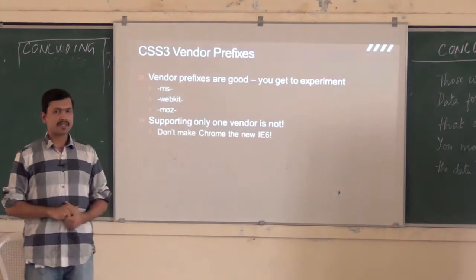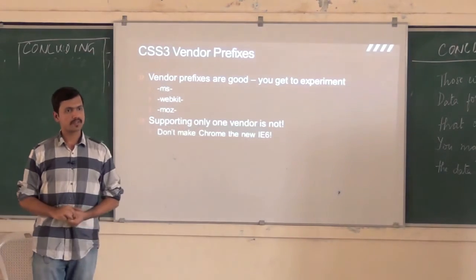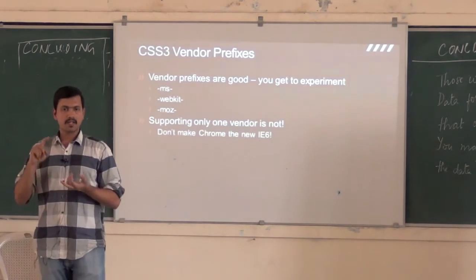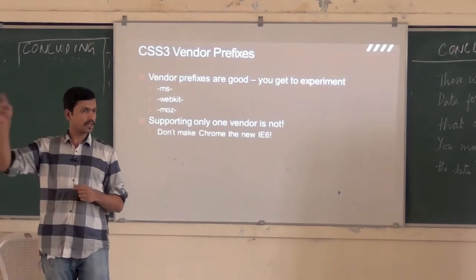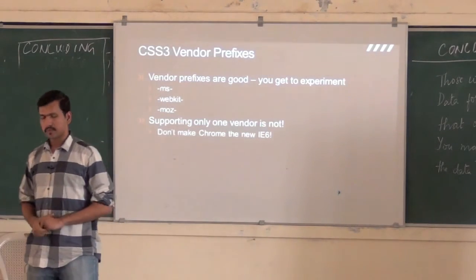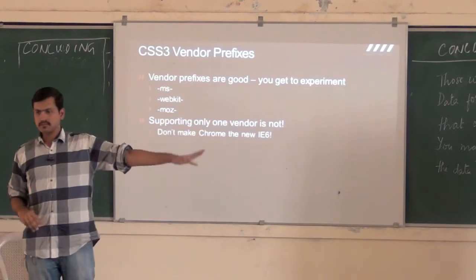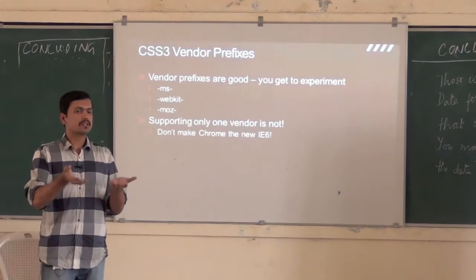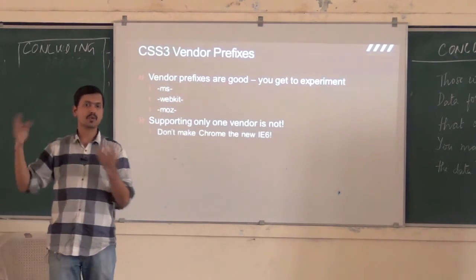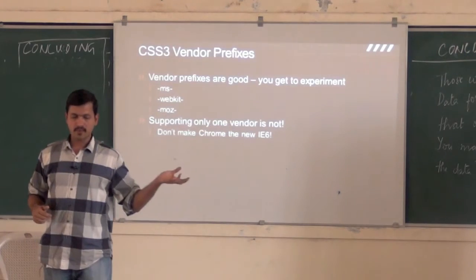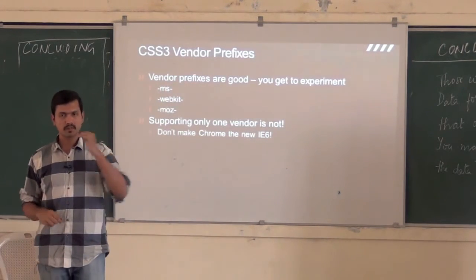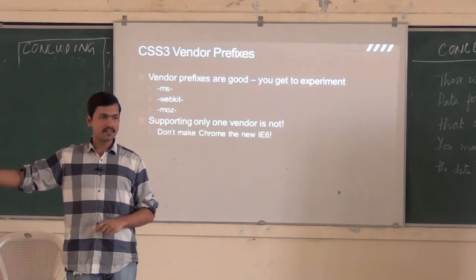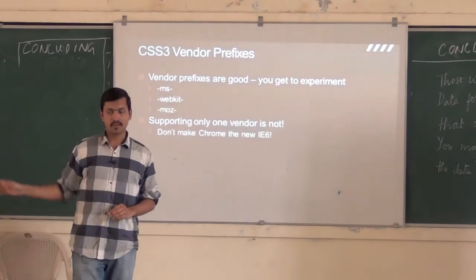So the appeal is, make sure you put all browser vendor prefixes. If you're using CSS3 transitions, put -ms-, -webkit-, -moz-, and -o- for Opera; WebKit works for Safari and Chrome. So make sure you put it for all browsers. Otherwise, the browser that you do choose to support becomes the standard, a pseudo standard. In fact, Microsoft and Mozilla, I think probably a couple of months back, made a proposal in W3C that they're going to start recognizing -webkit- in IE and Firefox. You don't want that to happen, right?